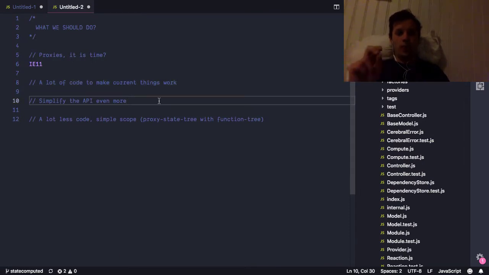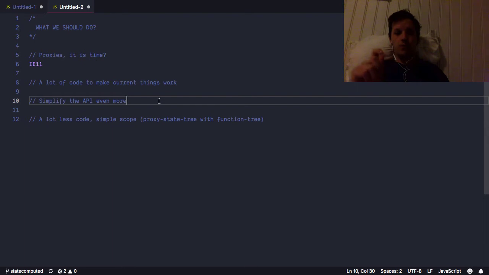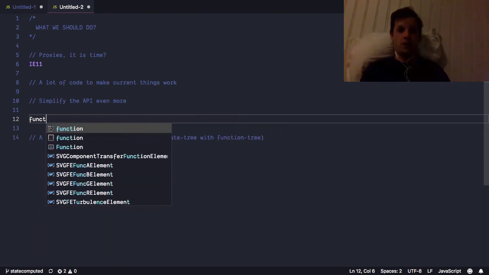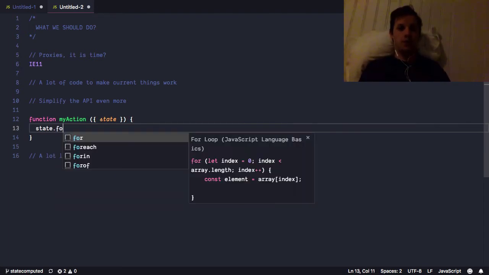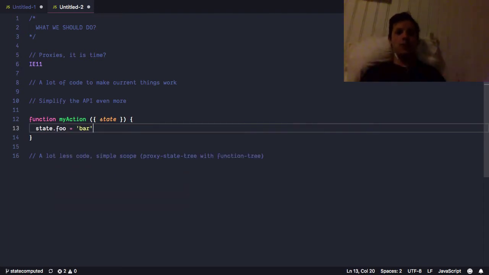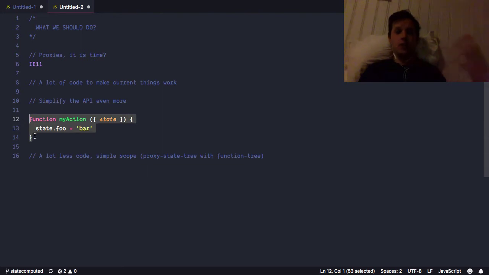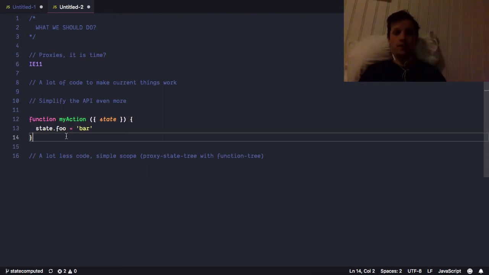But okay, as you can see, there's so much code related to all this functionality. But if we use this new proxy approach, we can make things a lot simpler. First of all, inside actions, we can just say state, for example, and you can do state.foo equals bar, and you just mutate it as normal, but all this is protected. You still can't mutate outside the actions. Everything's tracked perfectly by the debugger,